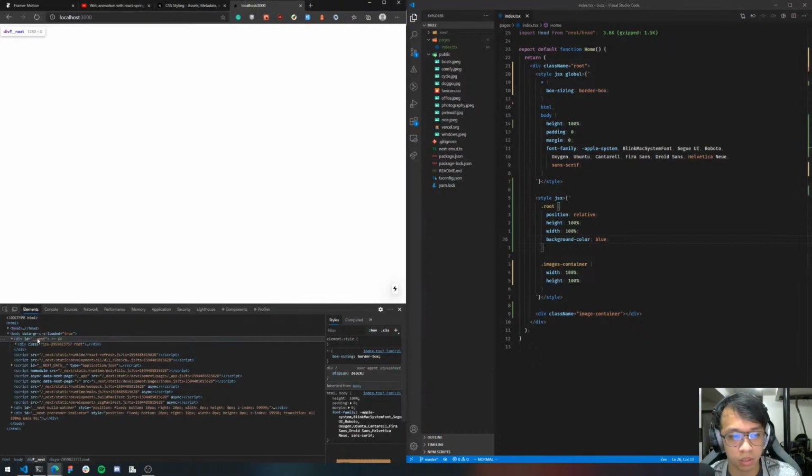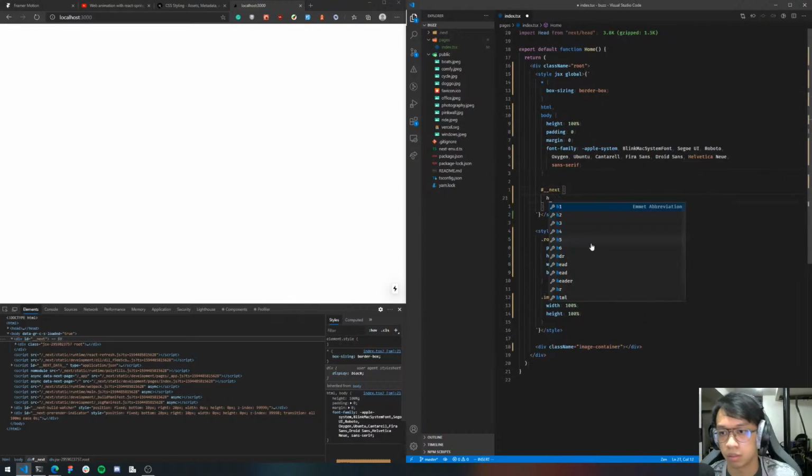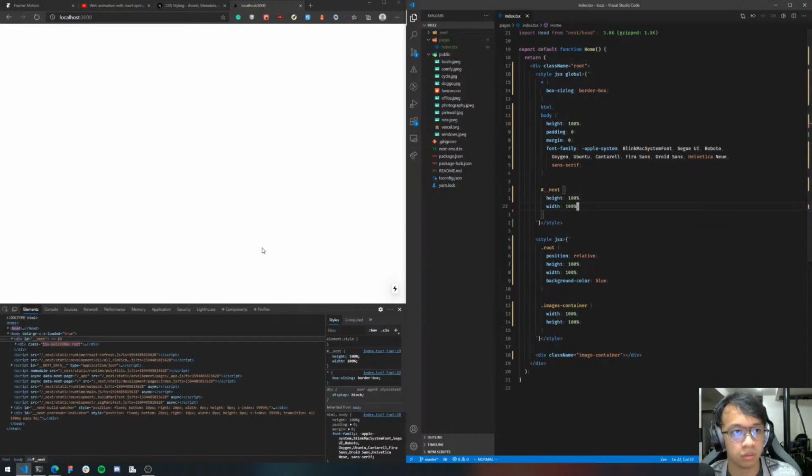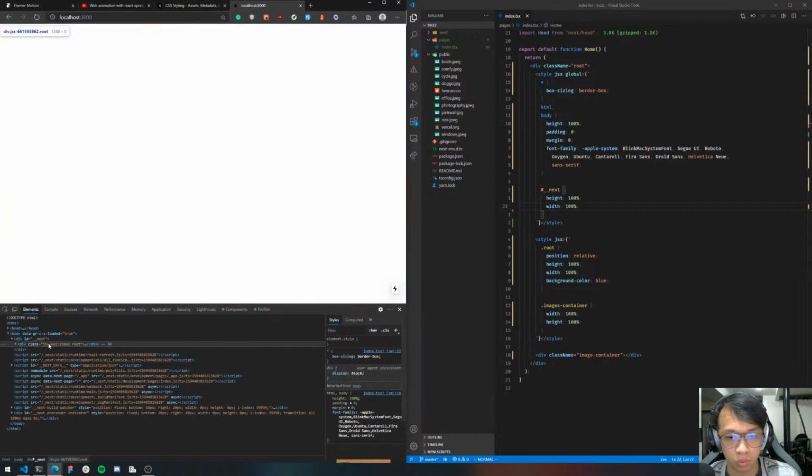That's because the root element does not follow the body in the HTML, which has a height of 100%. So it looks like we'll have to add it here in the global underscore next, I think. Okay, that didn't work. Okay, now we see it there. Root seems to be